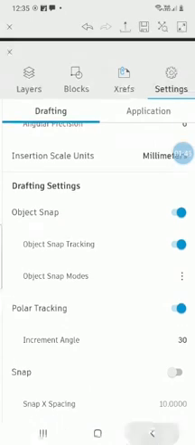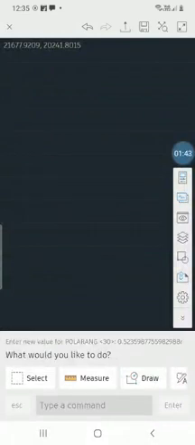Now we're going to see how we can draw the diagram. First of all, download the diagram from the Google Classroom, analyze this diagram, and then you can start in the mobile application. In this diagram, the total length in the front view is 75 mm, the height of the diagram is 45 mm, and the width of the diagram is 30 mm. First we're going to see how we can construct the 3D object, that is the base rectangle, and then we're going to start the drawing of this diagram.